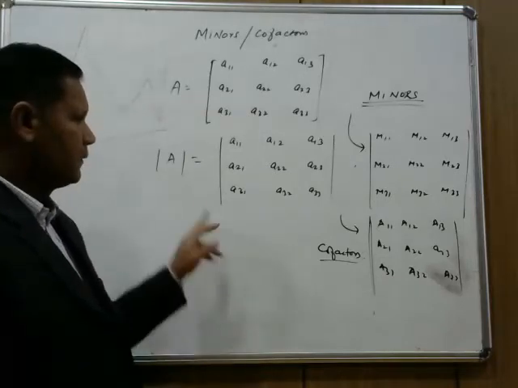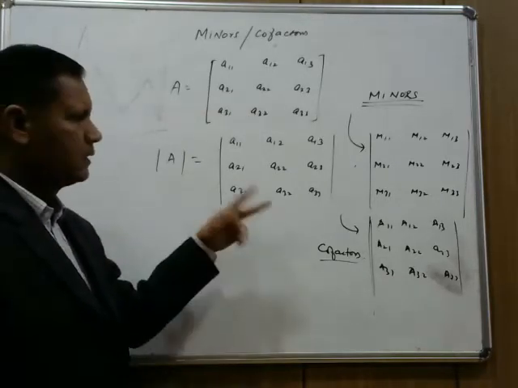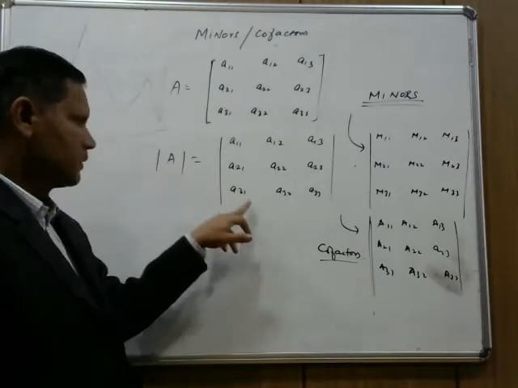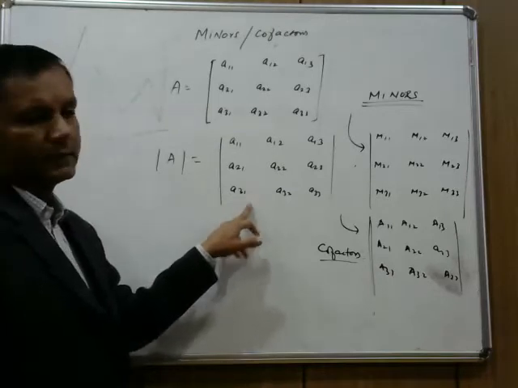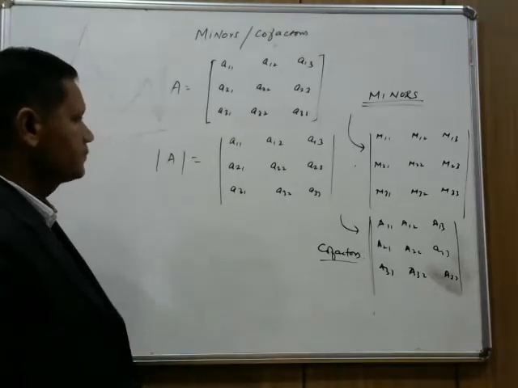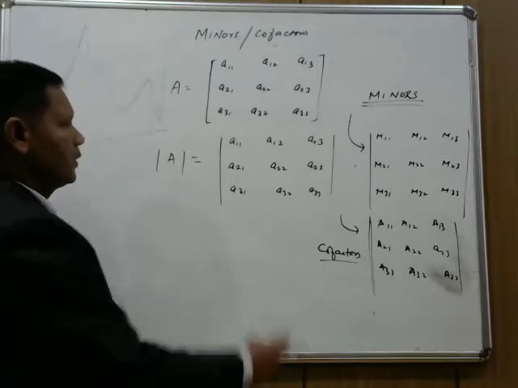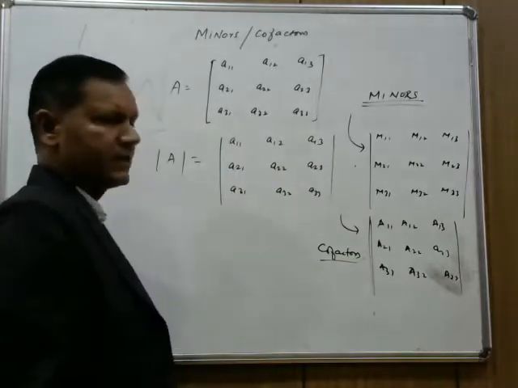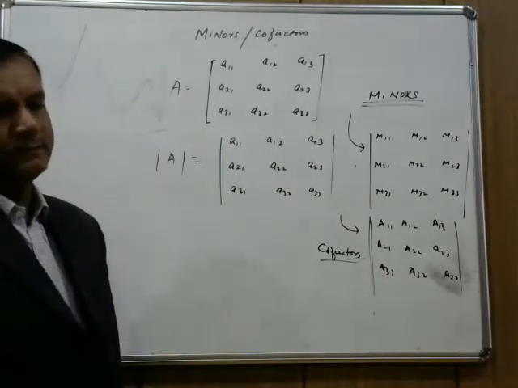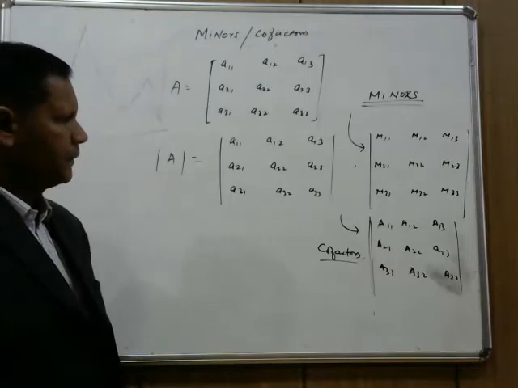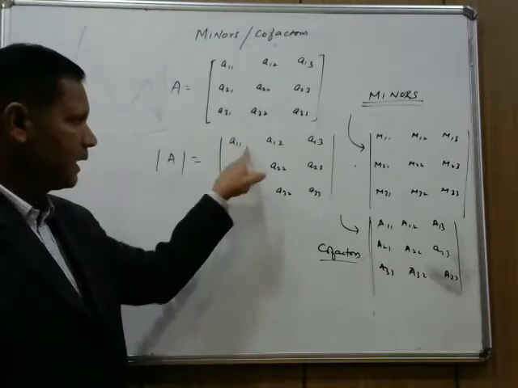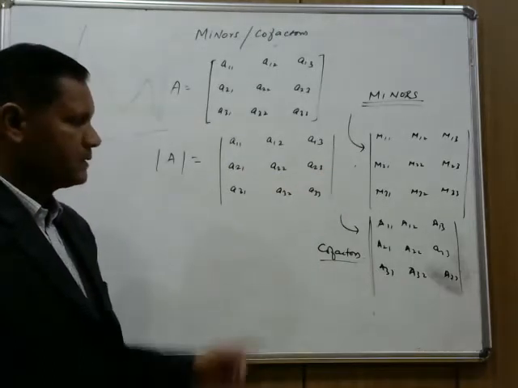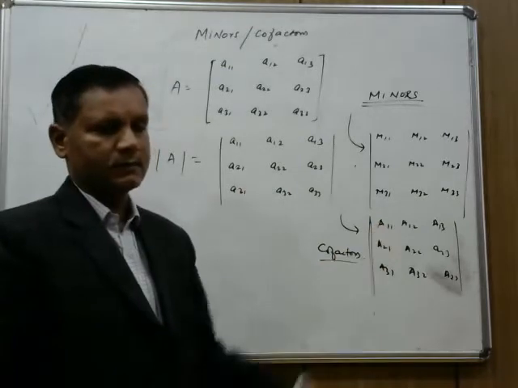In the same way, I have written the square matrix of 3 by 3. The same thing we will write with the determinant if it is given as 2 by 2. Right? Suppose I have to find out the minors. See, each element has its own minor. There are 9 elements, so we will have 9 minors. And similarly, we will have 9 cofactors.